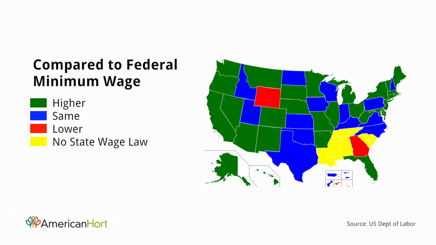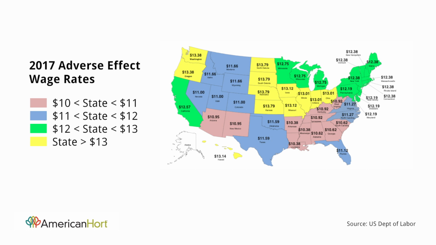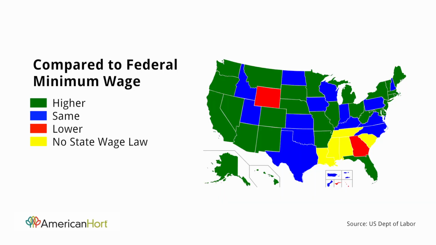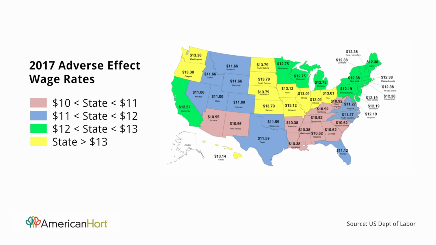And that's because of two things. We've had increases in minimum wage, and then also increases in what's called the adverse effect wage rate, which is what H-2A labor is paid. So on the minimum wage side, we already have 30 states that have a state minimum wage that's higher than the federal minimum wage of $7.25. And of course, the adverse effect wage rate for many states, like in Texas, I think it's $11.59. That's a lot higher than $7.25, which is the federally mandated minimum wage.